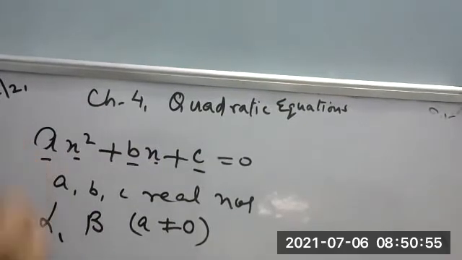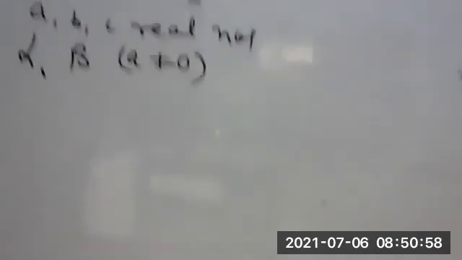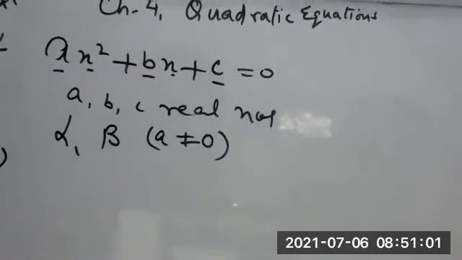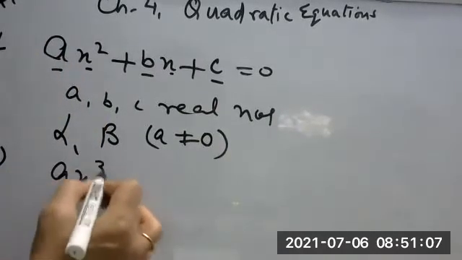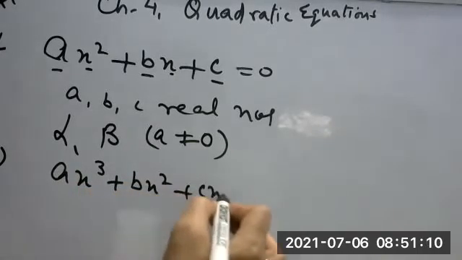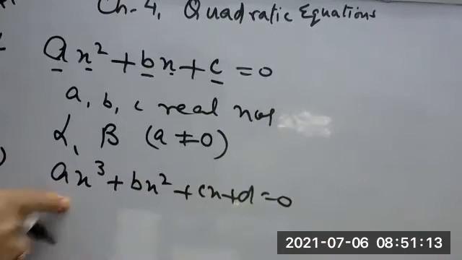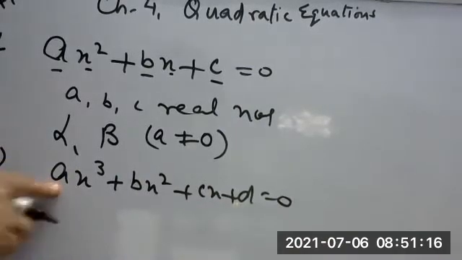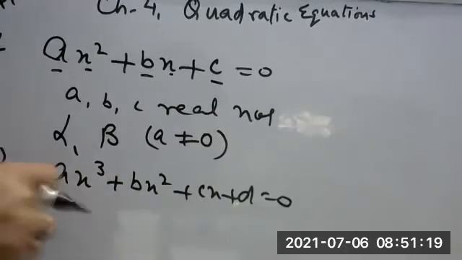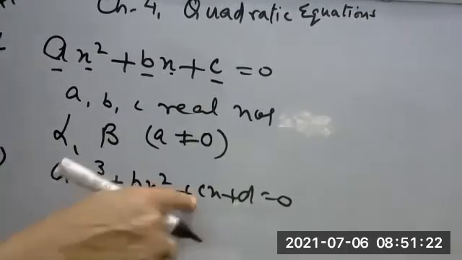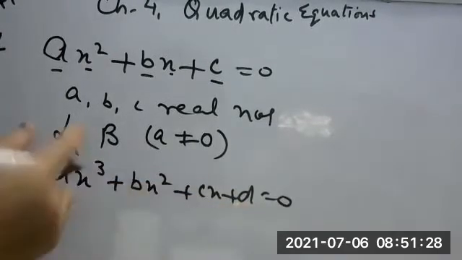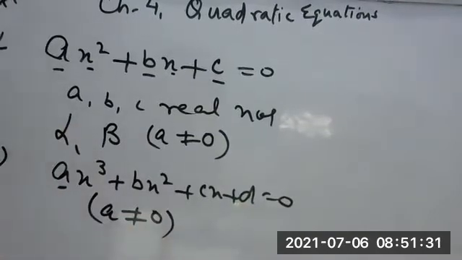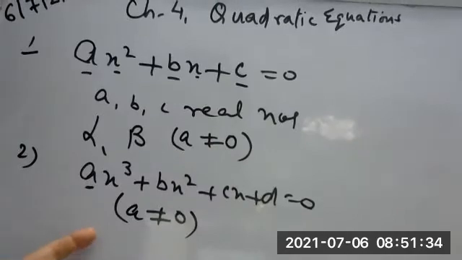Likewise, there is one more equation which is called a cubic equation. Does any one of you know the general form of a cubic equation? The degree of the cubic equation will be 3. And its form will be ax cube plus bx square plus cx plus d is equal to 0. So this is the general form of a cubic equation. In this chapter, we are not going to learn how to factorize this. And here again, a, b, c, d will be real numbers. So if a, b, c, d are real numbers, then what about a? Can we have a equal to 0 here? Again, we can't have a equal to 0. So this is the condition which must be written: a cannot be equal to 0.